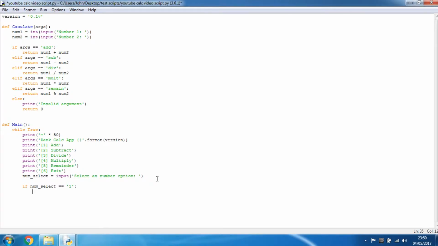then we want to do, no, we don't want to do that. I have a better idea of what we can do here. This is what I did, because I've done 2 ways to do this calculator now, and I made a slight difference. I just set the total variable up here. So if I just set total equals 0 by default, then if num underscore select equals 1, then total equals calculate